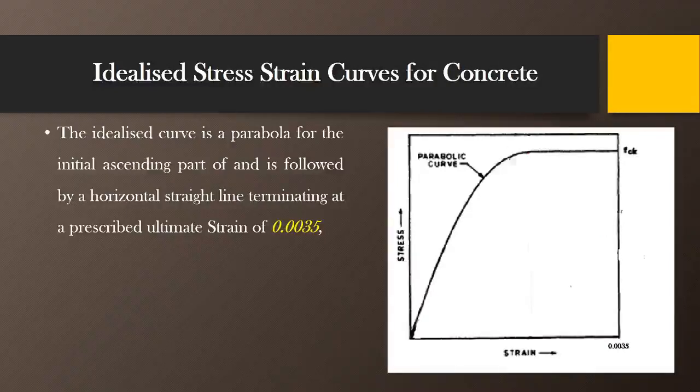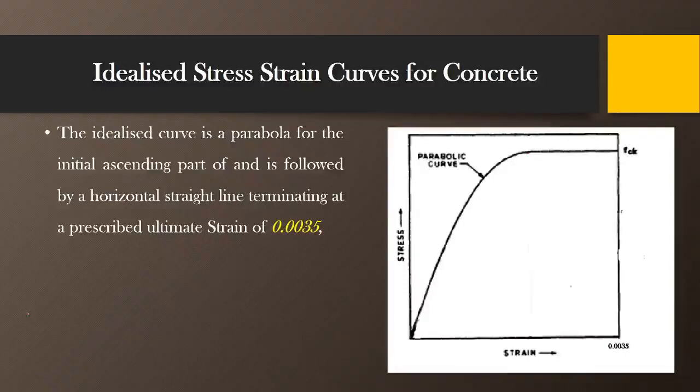The normal curve is just like this, that from this point the curve may break like this, but instead of taking this part we are considering the conceptual line that the stress remains constant up to the ultimate point, and then it breaks down. So that's why this part we are not considering normally. Hence it is called an idealized curve.